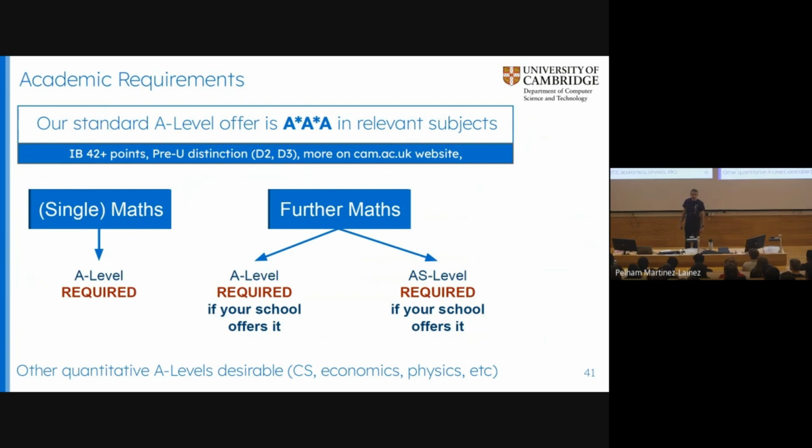This comes because when we reviewed everything, maths is a pretty good determinant of how you're going to do in the degree. And also when we looked at the people who we were selecting, without looking at what they were doing, we found that they were naturally having more mathematical skill and doing further maths anyway. So if your school offers it, then you're required to do A-level maths. If your school offers it, you're required to do AS level further maths. If your school does not offer these things, there is no requirement for you to do anything. And I know that there are a number of schools that do not.